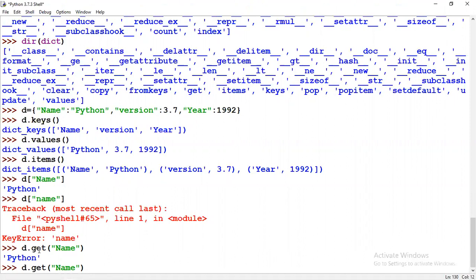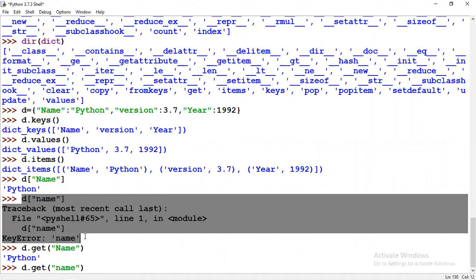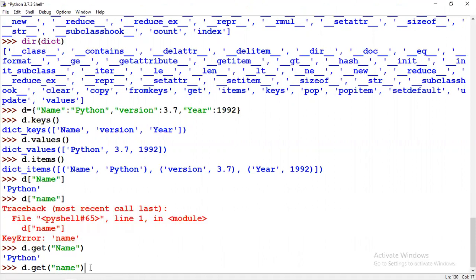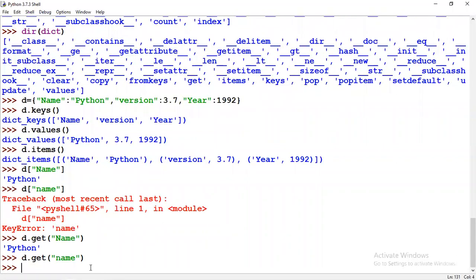Because in this scenario, this method will give you the error, but get won't give you an error. It will give you the null value. So in a dictionary, we prefer the get method instead of this method, because in case there is no key name, we won't get an error, we will get the null value. From that perspective, it's easier. There is no need for handling the error. So for that we will go ahead with get.